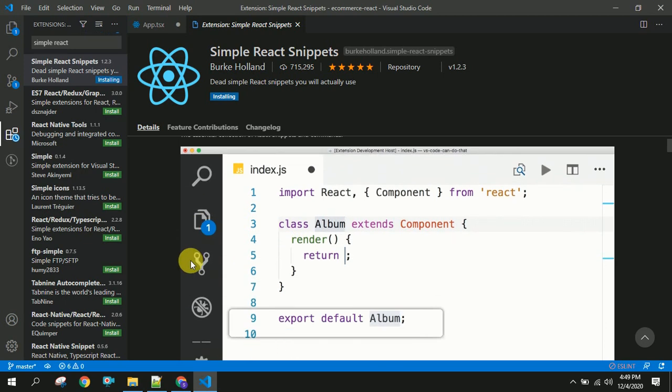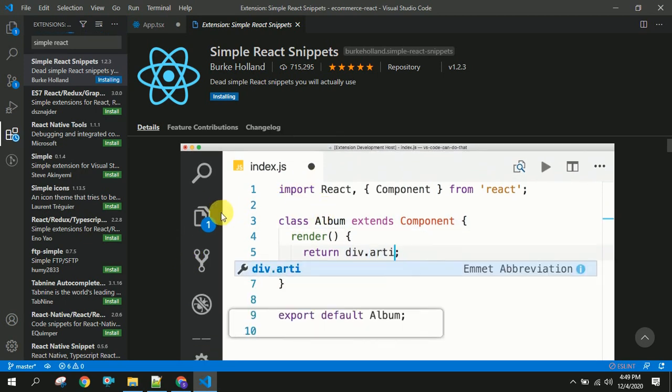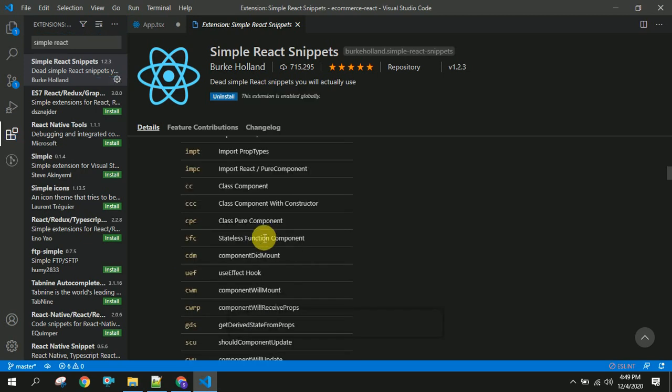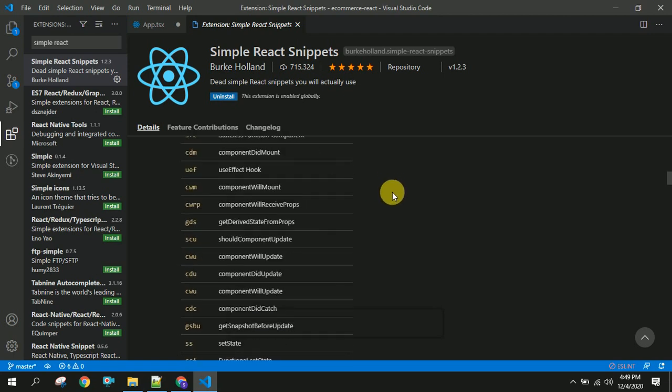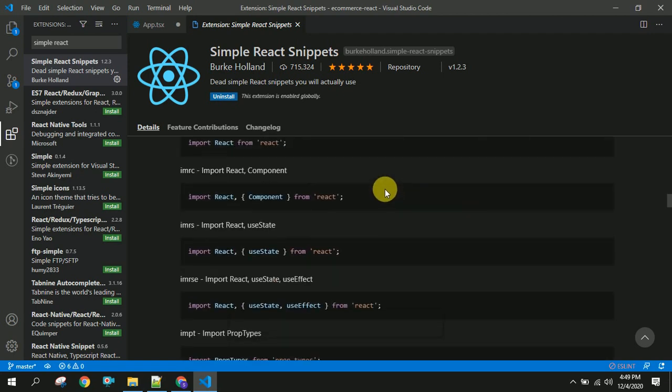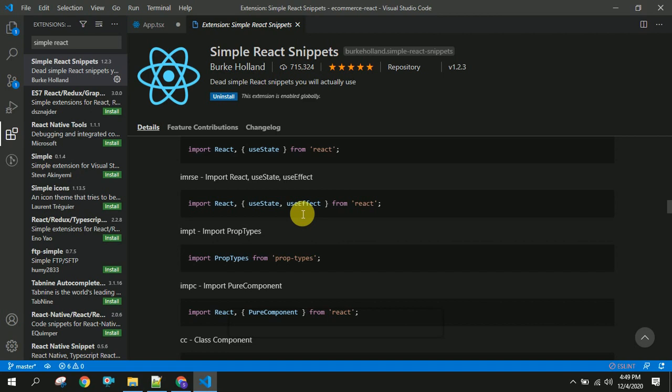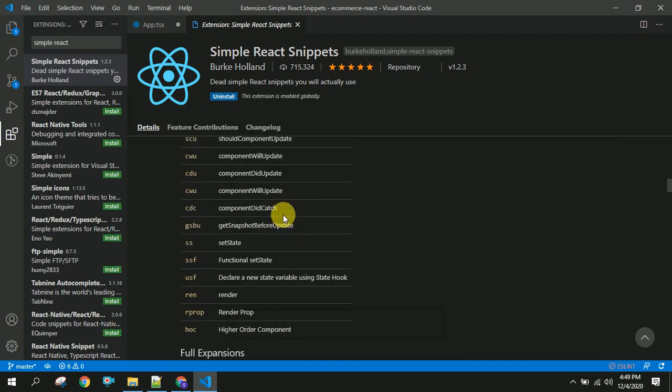If you see here, for creating a functional component, you can directly write the command. If you write imr and click enter, then it will import React from React directly. For creating the component, you can see here these are the different things.